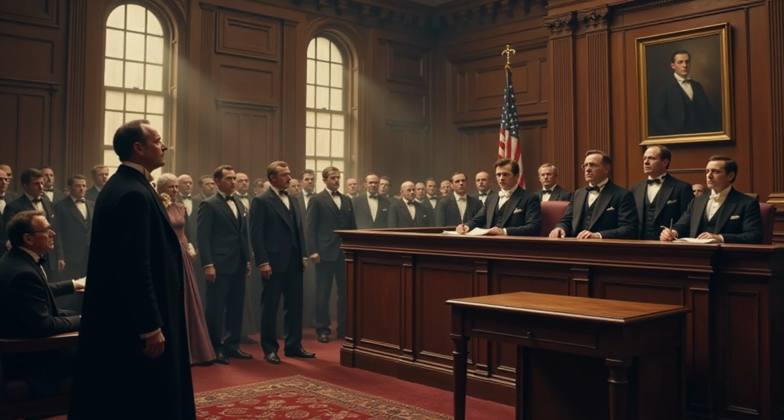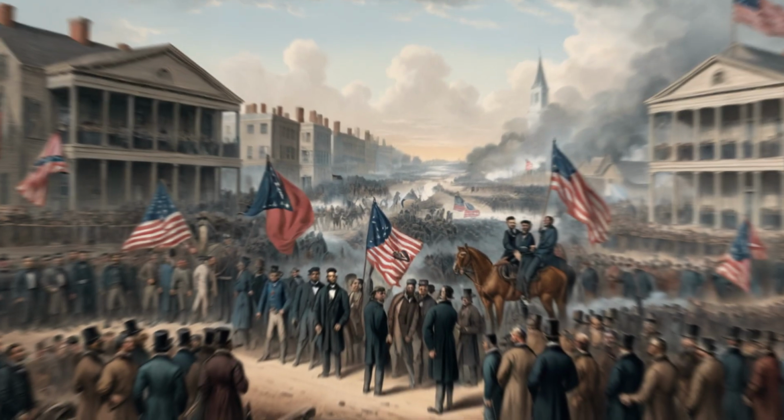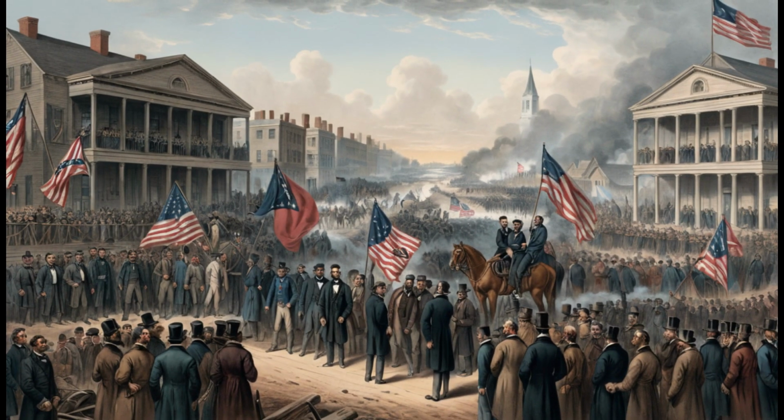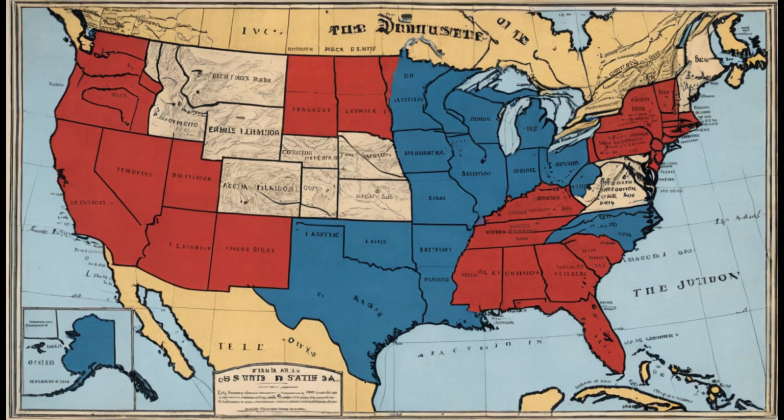The Republican Party, led by Abraham Lincoln, opposed the spread of slavery into new territories. The South, fearing that a Republican president would threaten the institution of slavery, warned that they would secede if Lincoln were elected. When Lincoln won the presidency in 1860, the South followed through on its threat. Southern states began to secede from the Union, forming the Confederate States of America. The election of Lincoln, combined with years of unresolved tensions over slavery, led to the secession crisis, and ultimately the